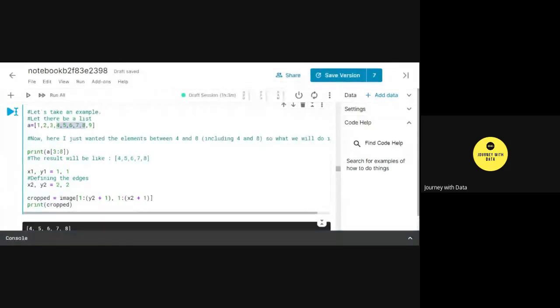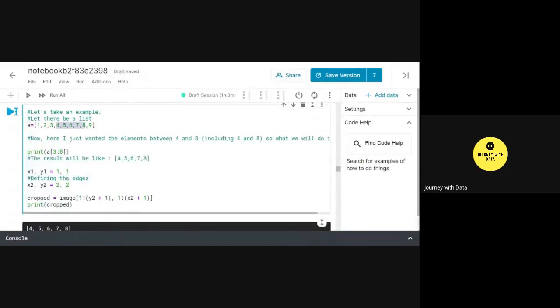If you're not quite clear about the slicing and dicing methods, before proceeding to slicing, rotating, transforming, just go through what slicing and dicing is, and how you can retrieve the elements from a list, because that's the easiest way you can learn. That's number one exercise that you should do if you're not quite familiar with that.